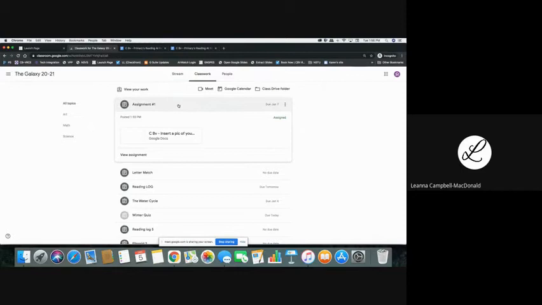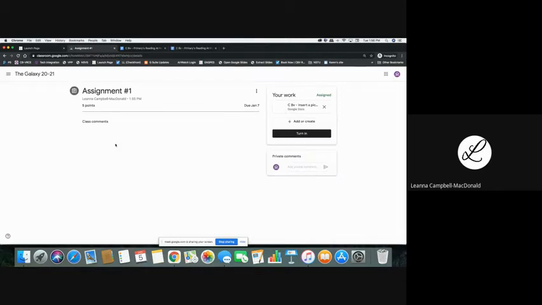When they open it up here, there's 2 different views that they're going to see. They can click directly to the document, and this is going to be something similar for you when you're looking at the student's work, or you can view the full assignment and turn it in. So a couple of different options that they're going to do. I'm going to click View Assignment so you can see what that looks like. So when they do that, this is where they're going to find their assignment. They could add a separate document there if you want, and this is where they can show it's turned in. So I'm going to click on this,